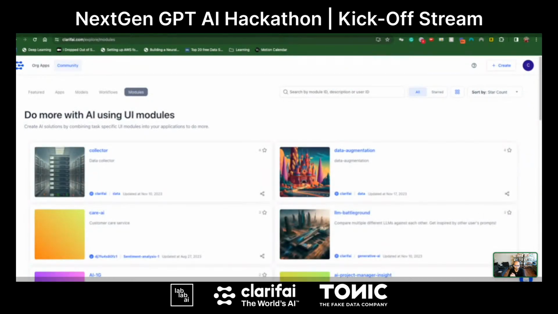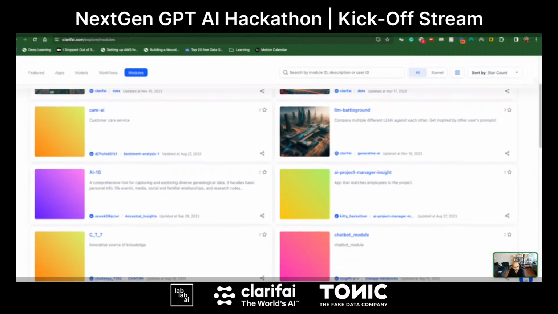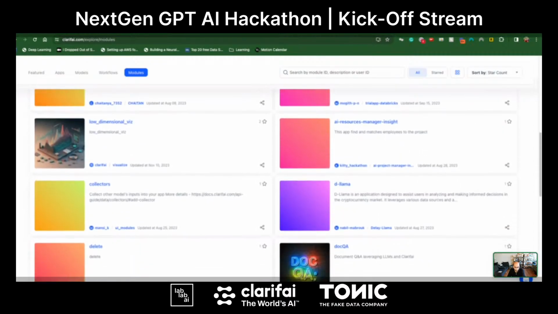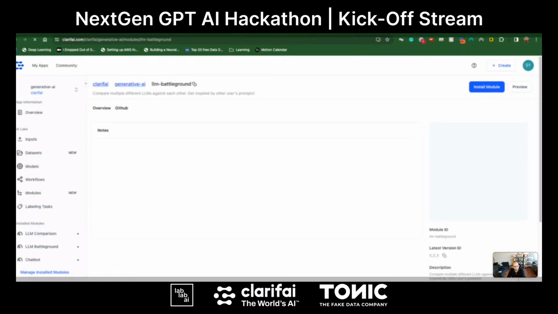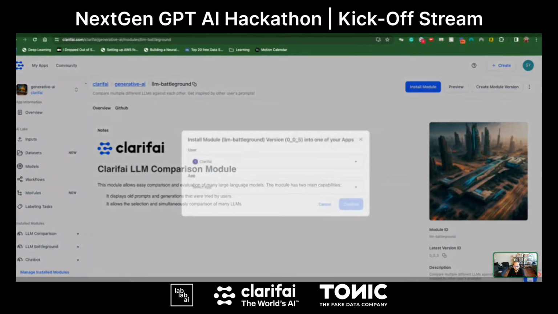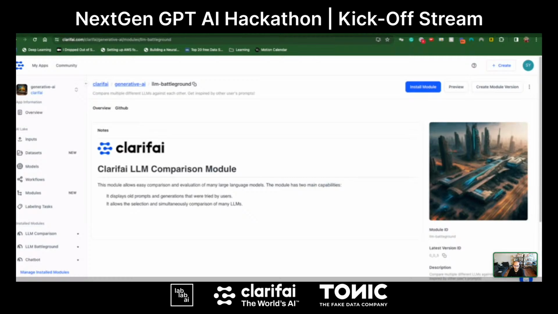So any Streamlit code that you can write, you can have it be hosted on Clarifai, essentially, and build your own custom UIs. So we have some pre-built modules. We're actually going to take a look at one in just a minute. That is the LLM Battleground module, and compare some LLMs. And so any of these, if you wanted to, for example, deploy them into a specific application, all you have to do is just hit install module and select the app that you want to do this in. I already have this installed, so I'm not going to do it, but it's very simple. Your simple installation is going to ask you to install and walk you through a screen.